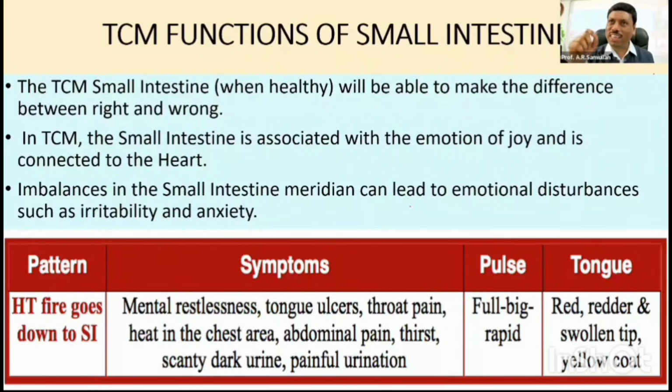So whether this is the small intestine you are thinking of, the gallbladder also initiates that thinking. Both internal organs are very crucial. Whether you take up the right decision or not, that decision takes place with the support of the small intestine. According to Chinese terminology, when a person is in confusion, wanting to take the right decision at the right time, and is perplexed, a small intestine deficiency would be the reason you are unable to take the right decision at the right time, to properly take up the judgment.